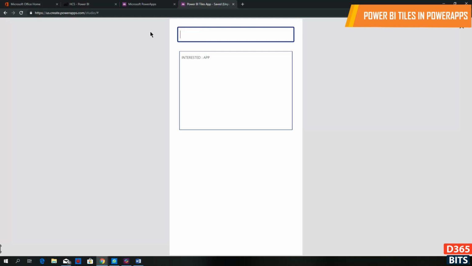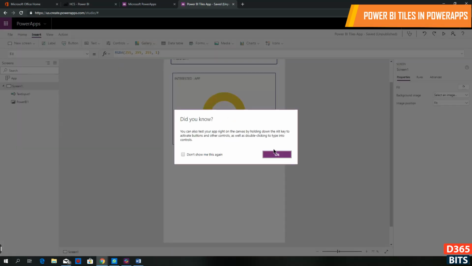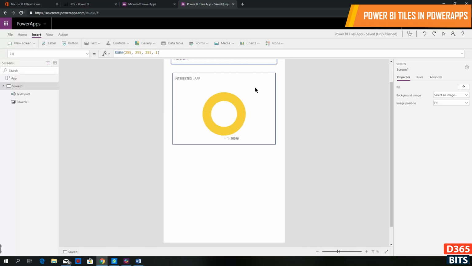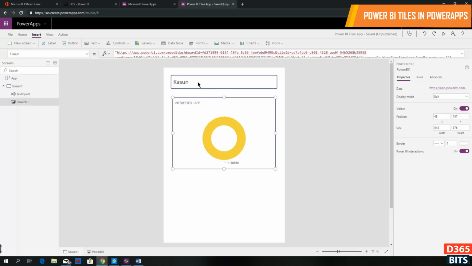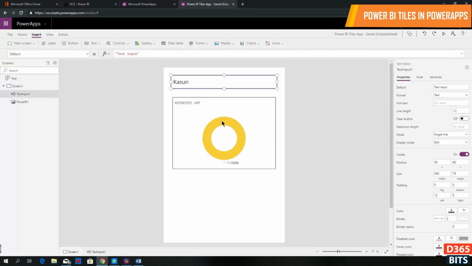Let's go ahead and key in the text value to filter the Power BI tile. Okay, it's perfect, it's filtering, so that means the filter did work. So the text input control is actually filtering the Power BI tile now. This was the second demonstration that I wanted to showcase in this episode,